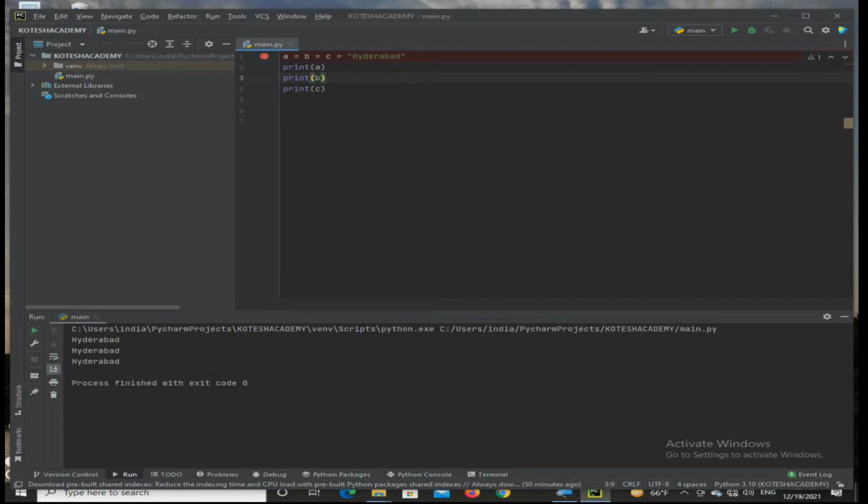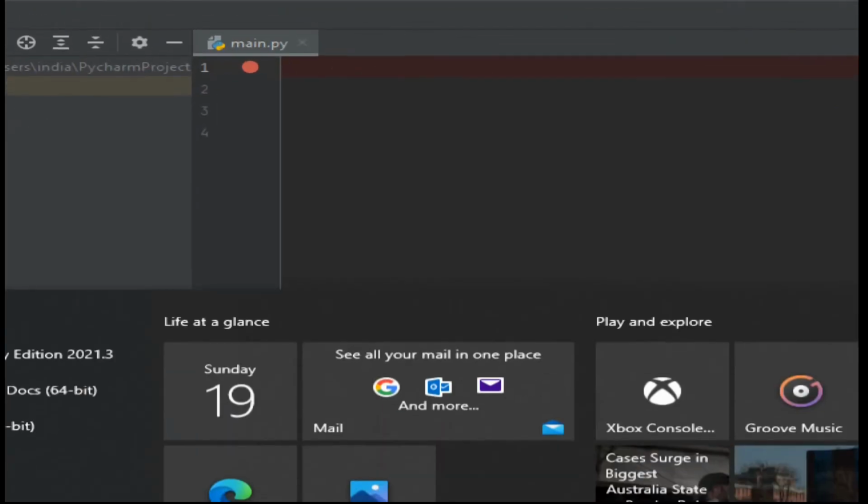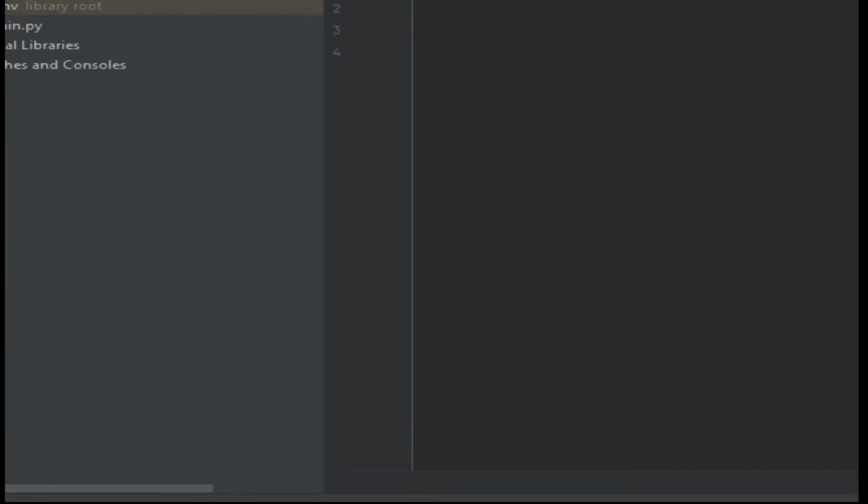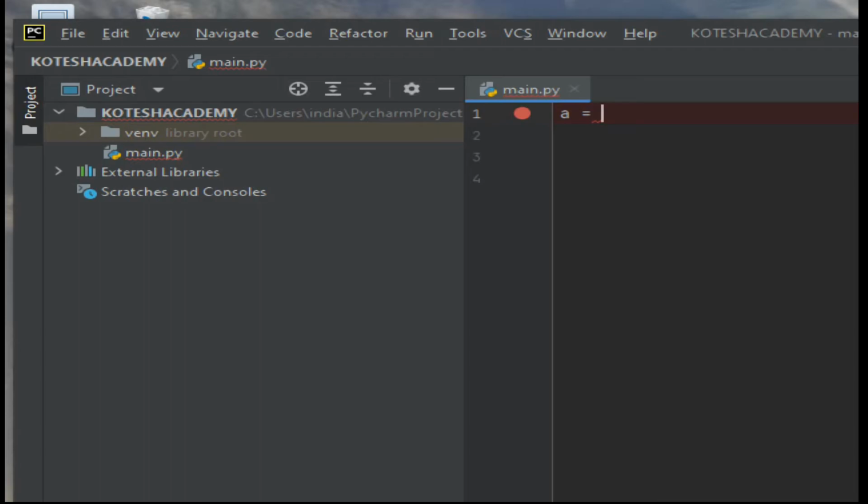So simply I am considering this expression: items is equal to, and I am writing it as a list in square brackets.